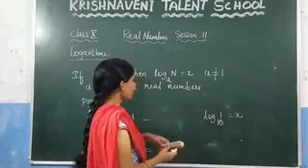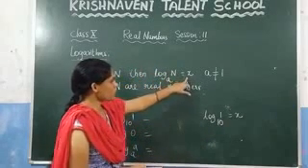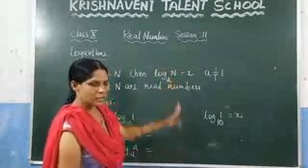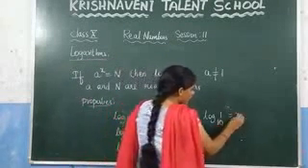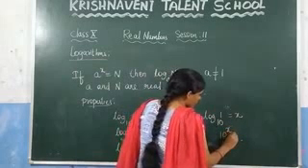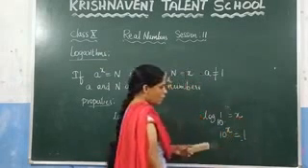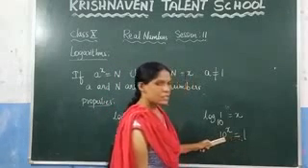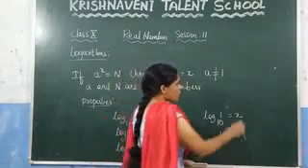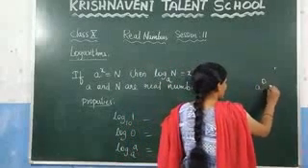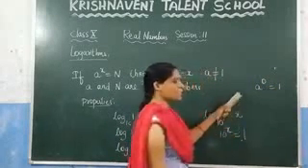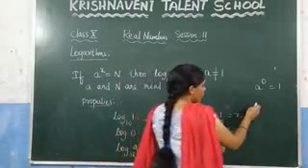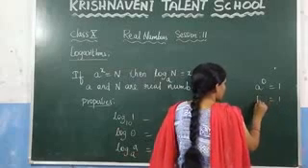How can we write it? If log n to the base a is equal to x, we can write it as a power x is equal to n. In the same way, here we can write 10 power x is equal to 1. Now, what is the value of x? Can we express 1 with the base 10? Yes, because anything to the power of 0 is always 1. We discussed this while discussing the laws of exponents. So we can write this as 10 power 0.